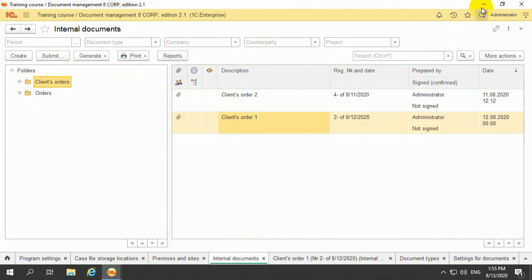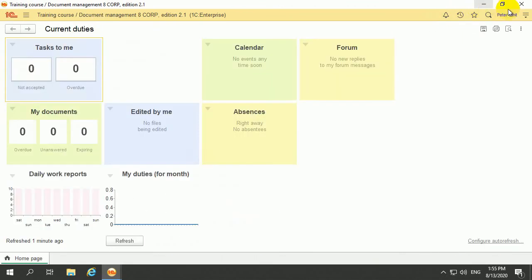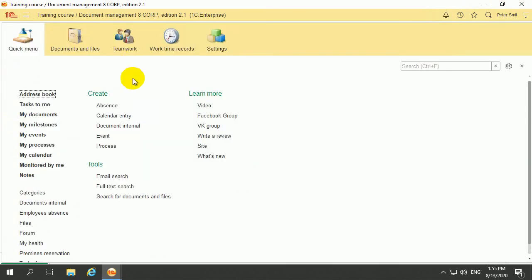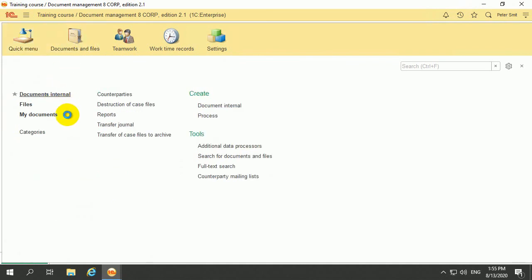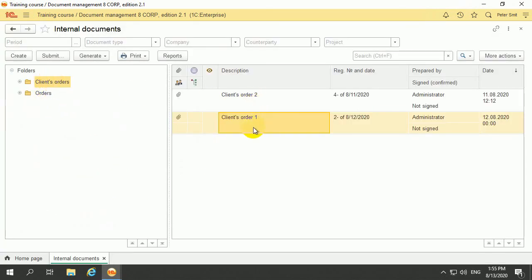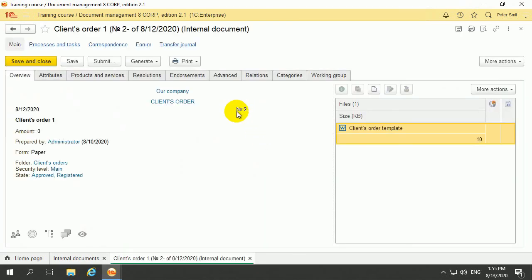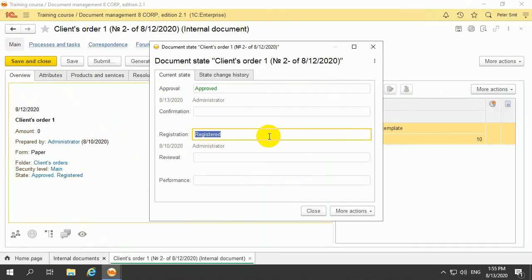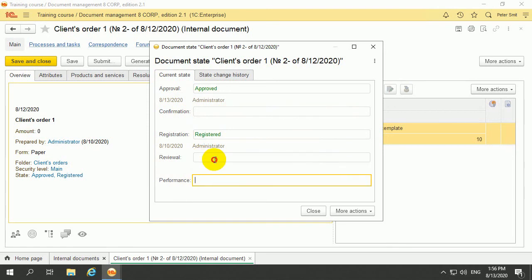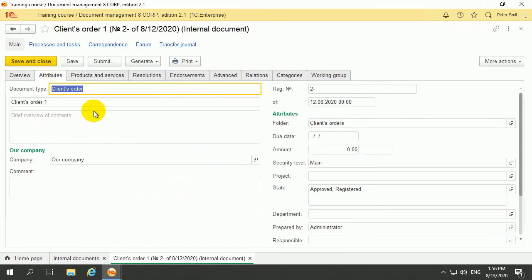Save and close. Go to the system like Petersmith, documents and files, documents internal, client sorter 1. We see that the strings of states are not available for changing. We can only close this panel,